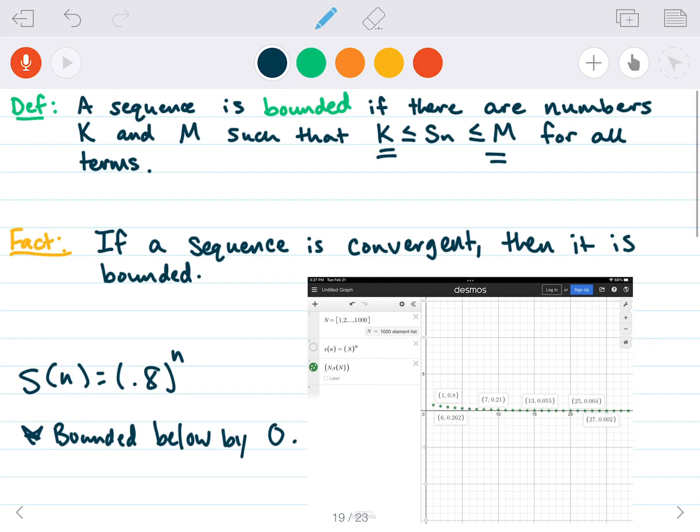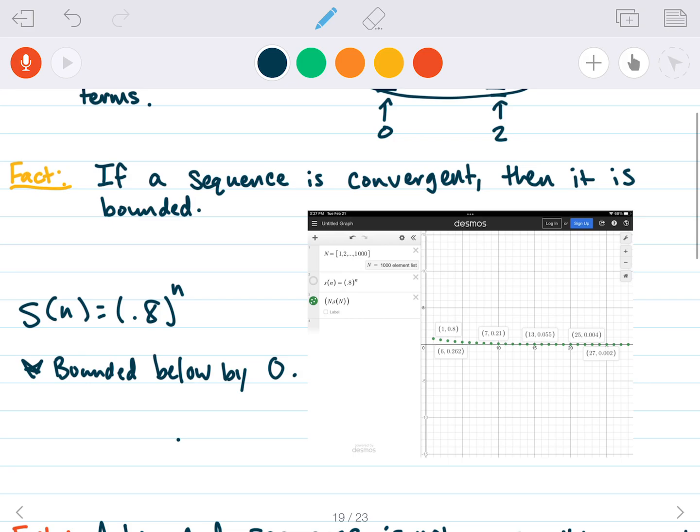And that was the criteria for boundedness. The sequence has to be between two numbers. In the second case, our number is always bigger than 0, but always less than 2. In this case right here, where it's bounded below by 0,